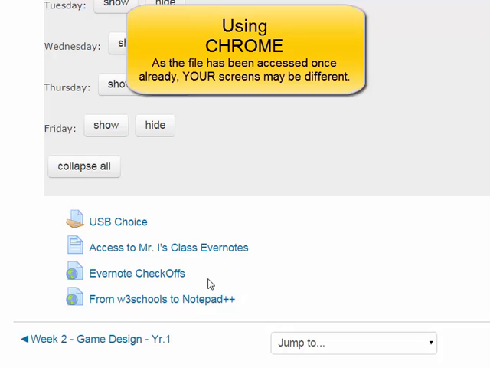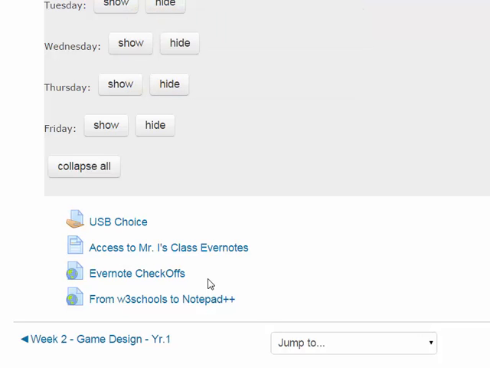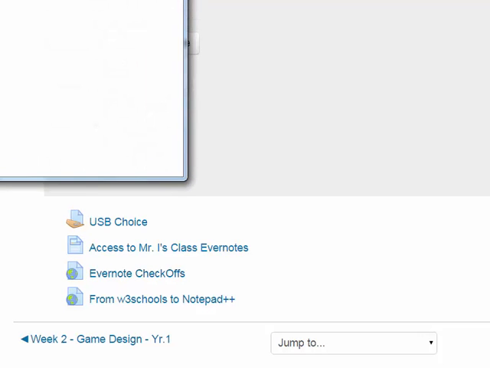Since this is a browser, we may have different behaviors depending on the browser, and because I've created this same Evernote, it may behave differently than yours behaves when you click on this. So have a little patience if yours behaves a little differently. So here I am, I'm going to click on the link,